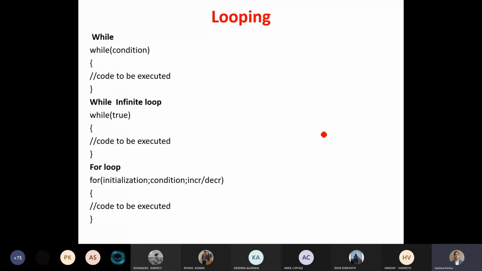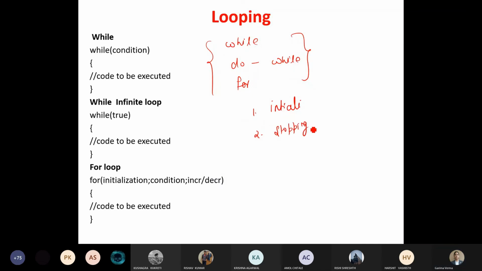So let's start with one loop also. So we have the different iterative constructs as we were having in C language also. So generally we have a while loop, and then we have do while loop, and then we have for loop. So for making any loop, you require 3 parts. Basically, the loop construct with 3 parts. One is called as initialization of the loop. Okay? And second is called as stopping condition of the loop. And third is called as increment or decrement of the loop.